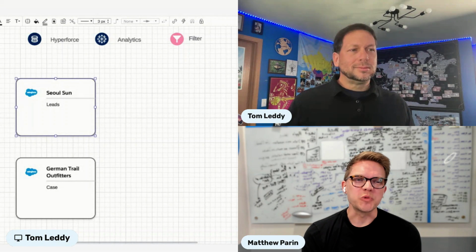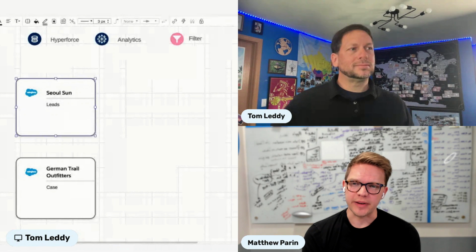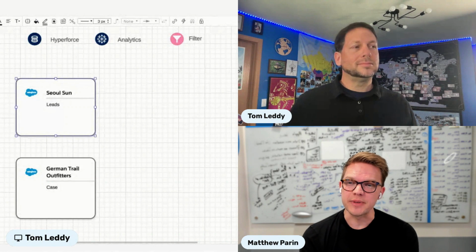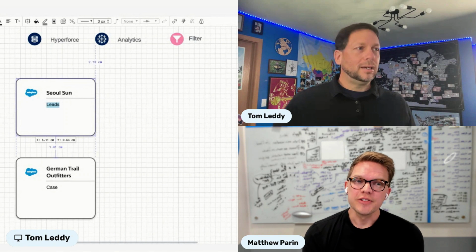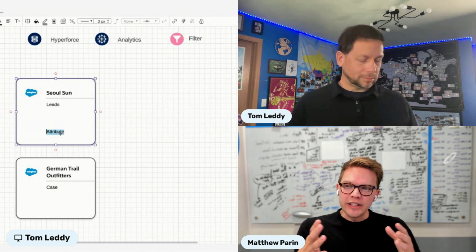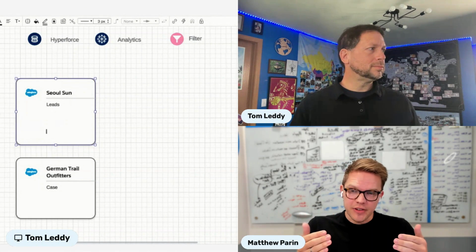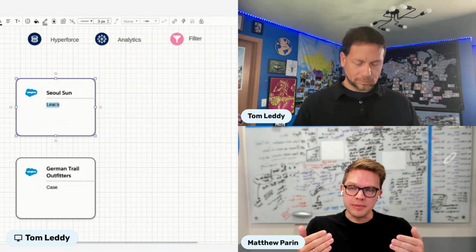I think what is really important about this Hyperforce upgrade from the Japan legacy infrastructure to Hyperforce in Korea is this then unlocks a new workload, a new line of business for them to be able to enter into Salesforce, and that is customer case management, right? So we talked about this at TDX, but what's really valuable is when you make this upgrade to Hyperforce in a specific part of the world where you want, your organizations can then take on new types of workloads